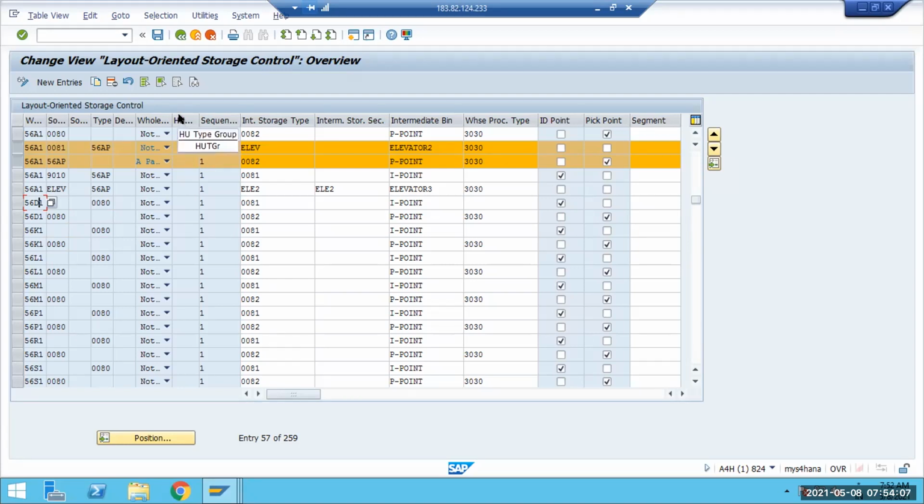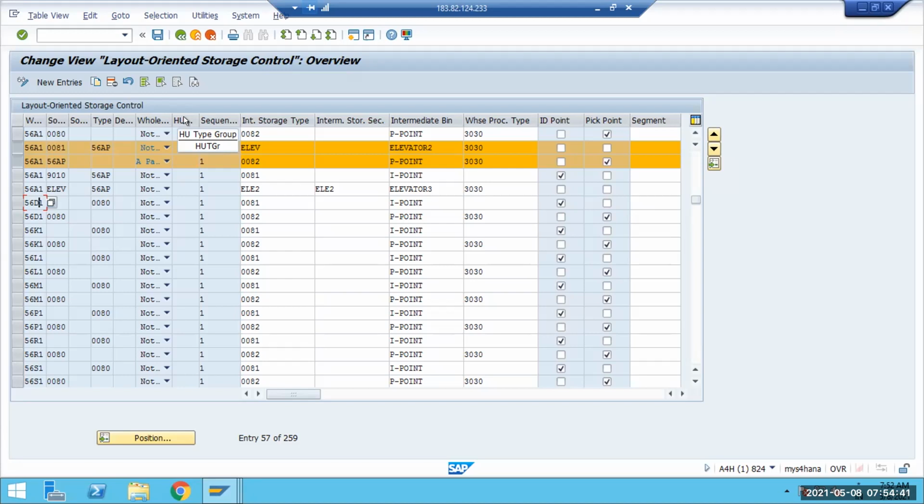So to achieve this, we do not have the HU type here. You see the HU type is there, but it will not work that extensively when you have multiple things. So to achieve this, we had a custom configuration, so that a particular HU type goes to that particular intermediate storage type. But this standard will also work in this, right? Standard will work, but we have so many things in that. If you see the same HU type, you want to make sure that particular HU